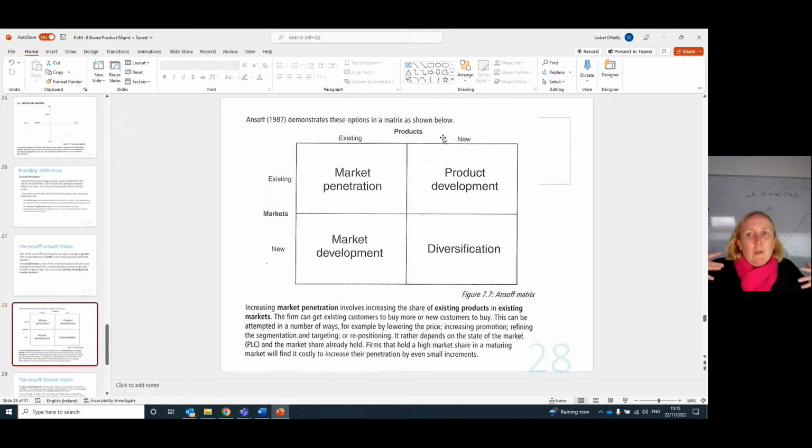So what should we do in our strategy? We just read underneath. Increasing market penetration involves increasing the market share of existing products in existing markets. The firm can get existing customers to buy more or new customers to buy. So existing customers,